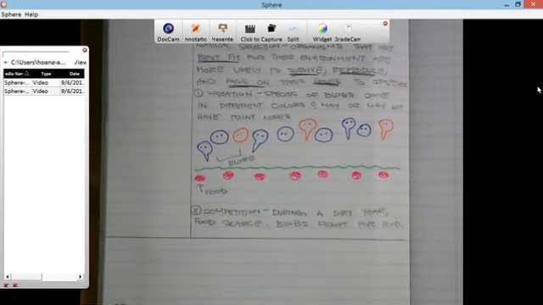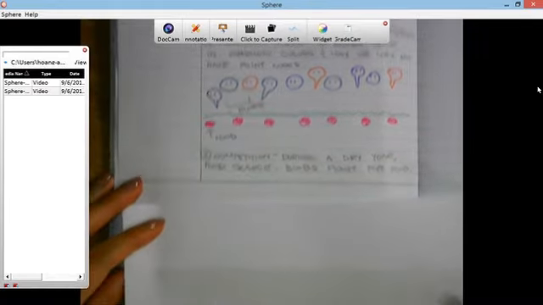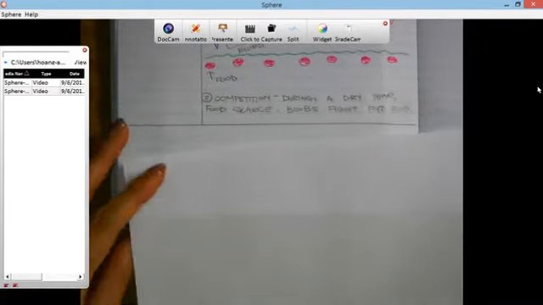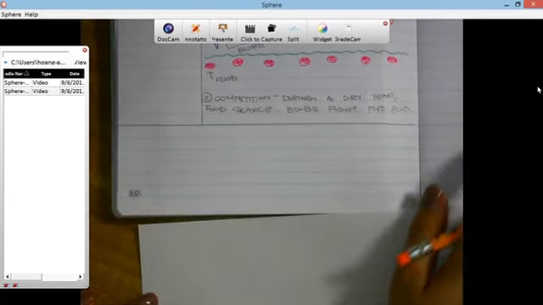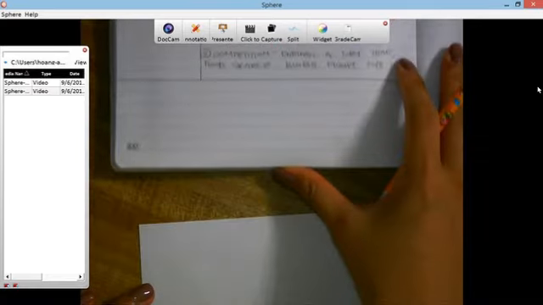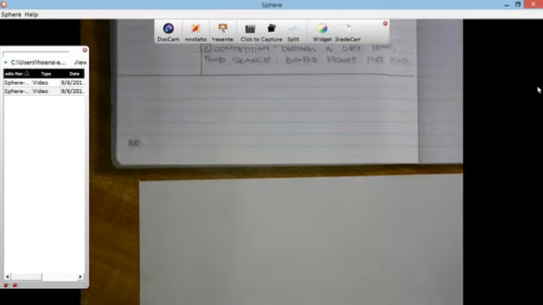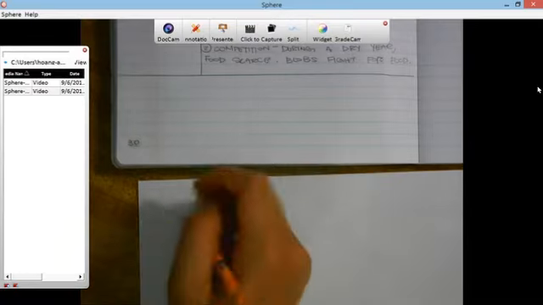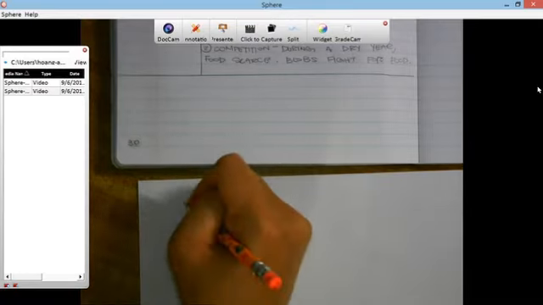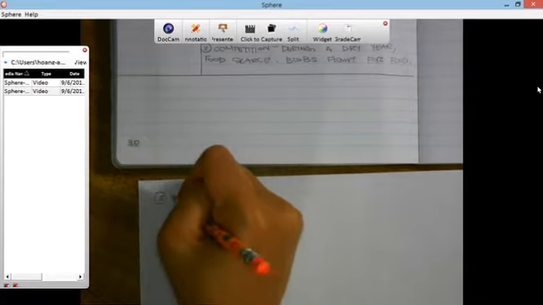So it looks like I'm running out of room. I'm going to go ahead and get another sheet of paper and then paste this in after I'm done. Alright. So we have already two points, which is variation and competition. The third point is survival.